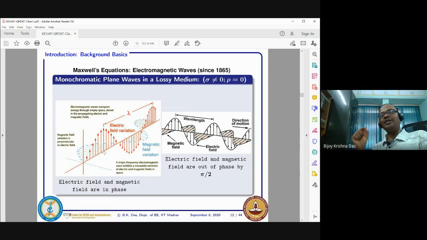Now just think about that. At a particular point in space, the energy becomes completely zero, and then again it increases, decreases, and increases again. If you forget about your surroundings and concentrate on that particular point, you see that energy is appearing and disappearing. You know that the rate of change of the electric field gives rise to the magnetic field, and at a particular instant of time neither is there. The electric field is not there, the magnetic field is not there. The total energy is disappearing.